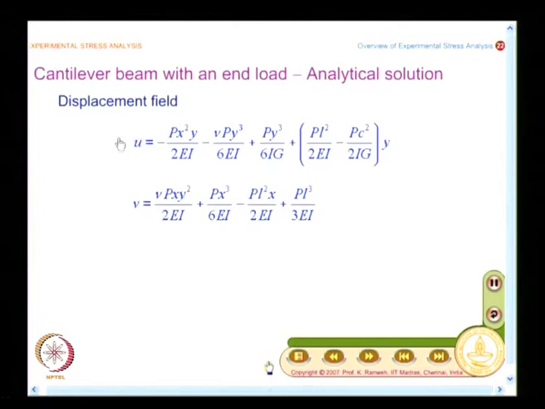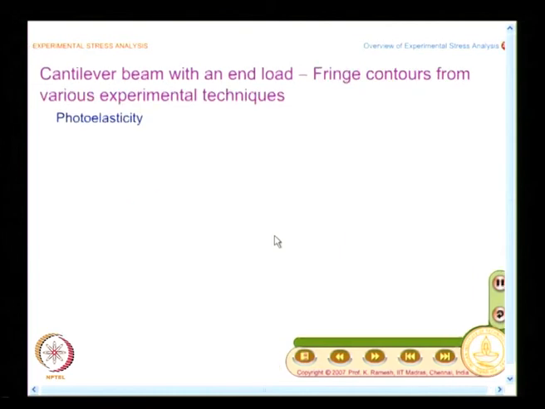So, you do not find out u displacement at all in strength of materials, mainly because you are considering a 2-dimensional problem as a 1-dimensional problem. So, when you come to theory of elasticity, you have made an improvement, and obviously now we will go and look at what the experimental methods give as contours. So, the first thing what we have always been doing is